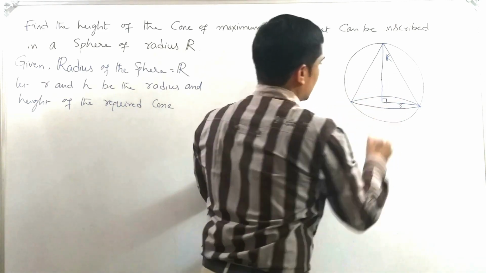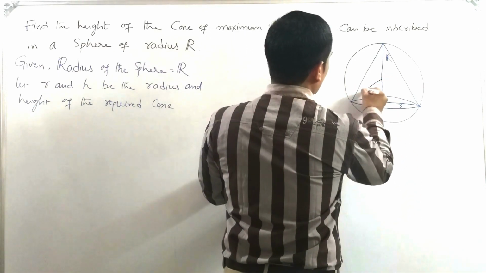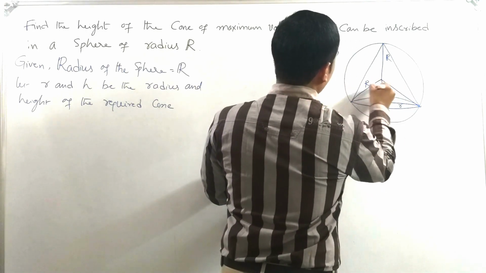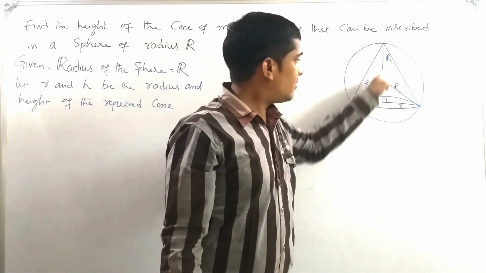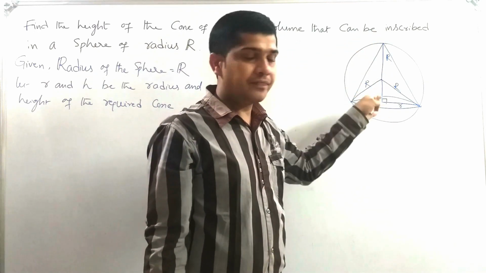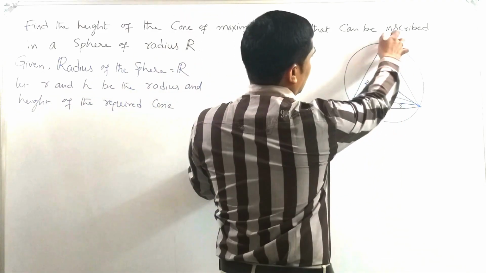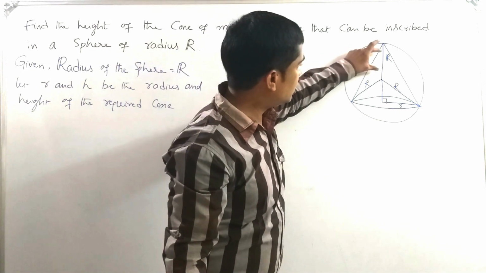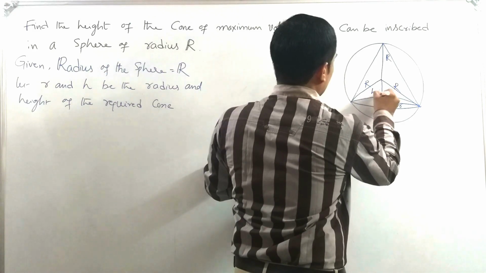So it is perpendicular, now we know that. And here if I join like this, then it is also capital R and it is also capital R. Am I right? Whenever the total height of the cone is small h, then what is the remaining part of the line? The total line segment length is h. Out of that, this is capital R. The remaining part is h minus capital R.